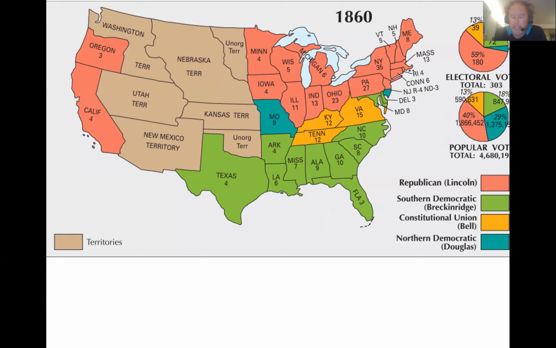The backdrop to this is the election of 1860, which, even though it's playing out over a national stage, is really two elections, one in the North between Lincoln and Stephen Douglas. Douglas is the candidate of the Northern Democrats, and one in the South between John Bell of the Constitutional Union Party, the successor party to the Whigs, and John Breckinridge, who is the head of the Southern Democrats and is the incumbent vice president. And as you can see, Lincoln sweeps the North, and because he sweeps the North, that gives him a majority in the Electoral College.